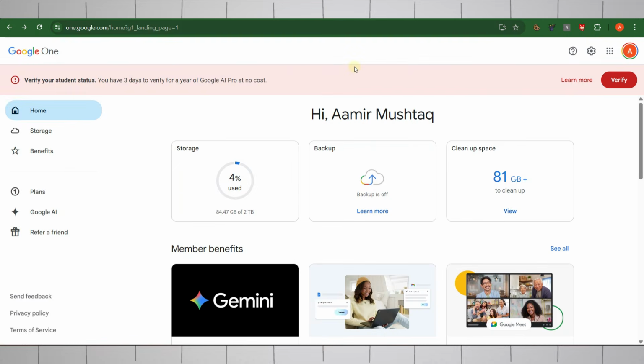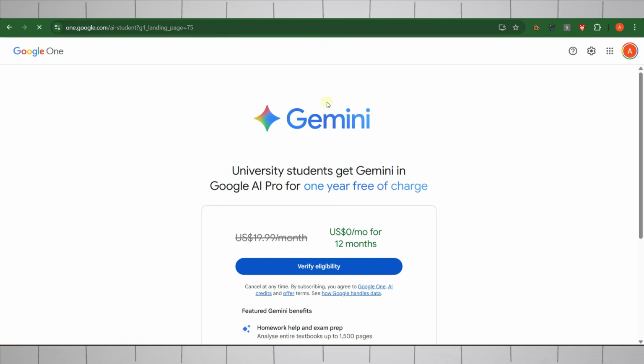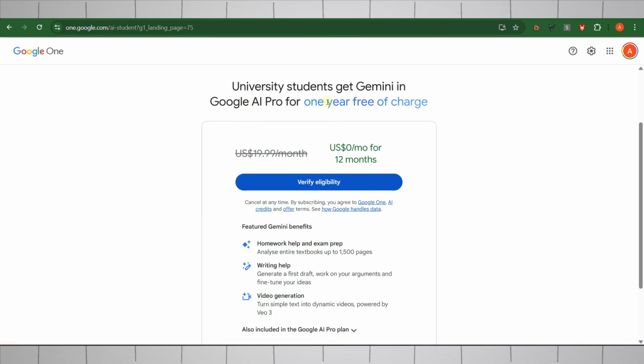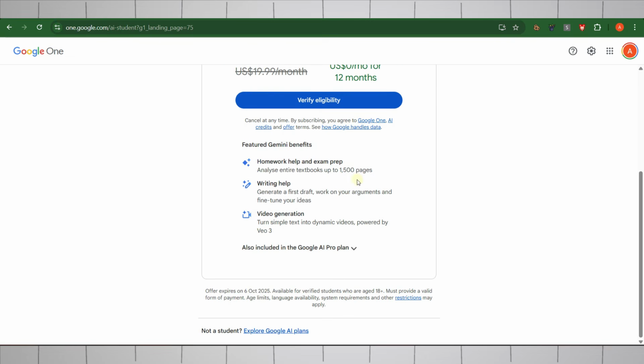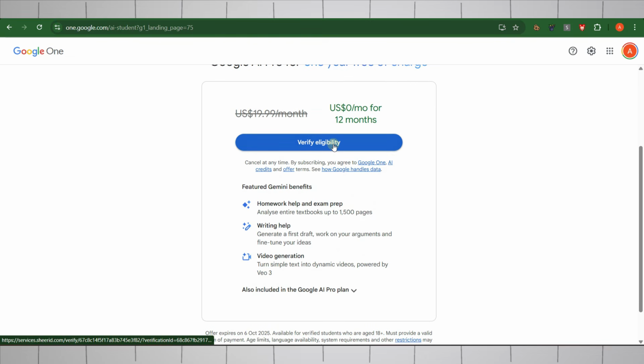First of all, go to the Google One official website, which is at one.google.com, and here you will be able to see this notification which says I have to verify my student status in 3 days. Otherwise, I will lose my yearly Pro plan. What you need to do is simply click on the verify button at the right side and it will redirect us to another page. Here we have all the details of the Pro plan along with the verification button. Simply click on the verify eligibility button